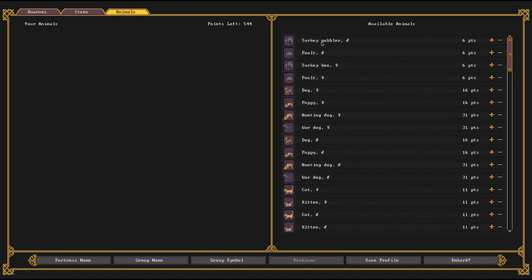Turkeys. Turkeys are a fantastic addition to your fort for a couple of different reasons. Turkeys, specifically turkey hens, lay eggs. They lay the most number of eggs out of all of the egg-laying animals, allowing your dwarves to get quite a few eggs used for cooking to help out your food supply, and each individual egg is, by itself, equivalent to a full meal. It's really, really efficient, and they lay a whole bunch of them at once,